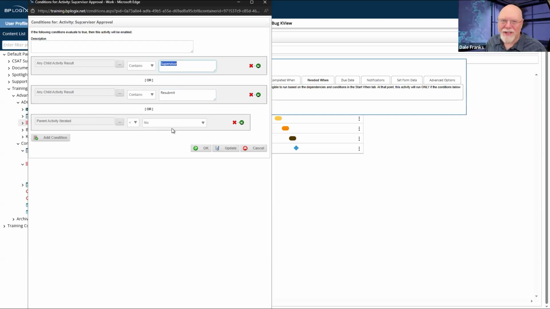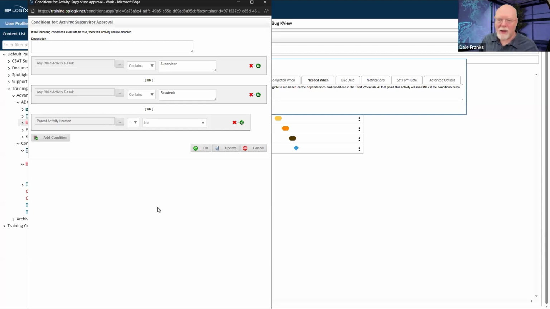So there are two instances where my process timeline can restart. Either I hit initiator resubmittal or initiator resubmit, whatever I've called it, as long as it has the word resubmit in it, I'm fine. And then my redo supervisor approval, redo manager approval. So I now have really granular control over when each of these activities runs, which is the other reason why we should be using the approval loop, because now I can determine when and where I want each of my activities inside that approval loop to run.